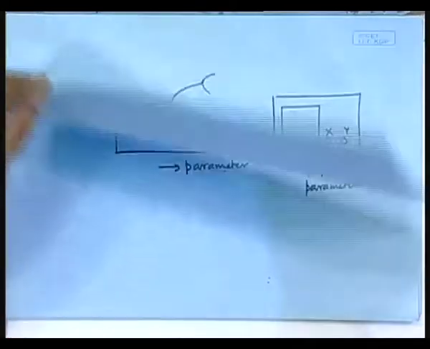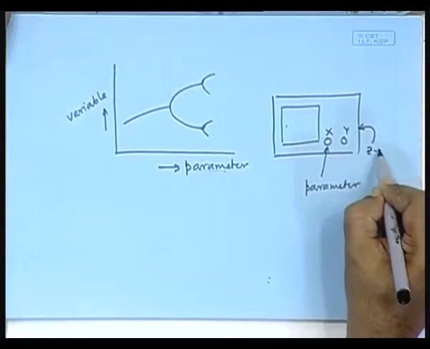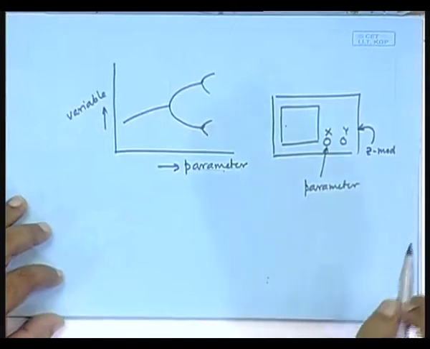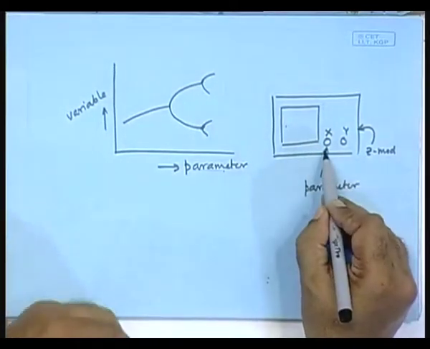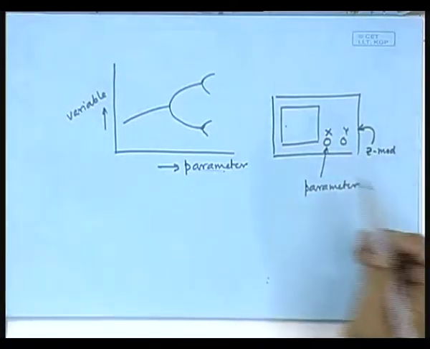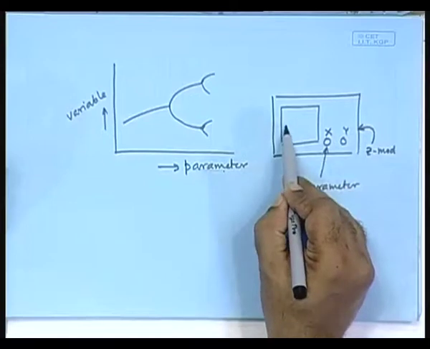That means, you are not observing it continuously, you are observing it in the Z mod. Then, as you change the parameter, that means you change the input voltage, this coordinate will change. As a result, this point will move,